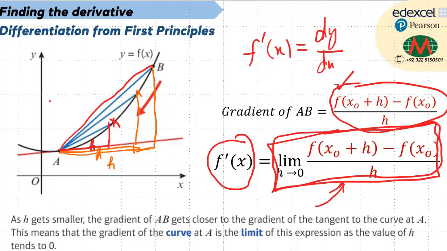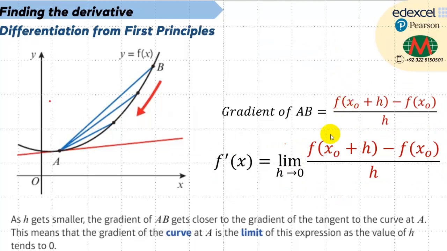So this is the main concept of differentiation from the first principle. In the coming questions, we will use this expression to find the derivative of any function using the first principle method. So keep this formula in your mind. Therefore, in summary, we have observed that when point B comes closer and closer to A, the gradient of line AB, which was over here,